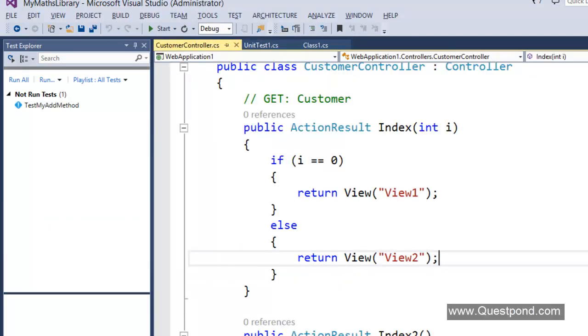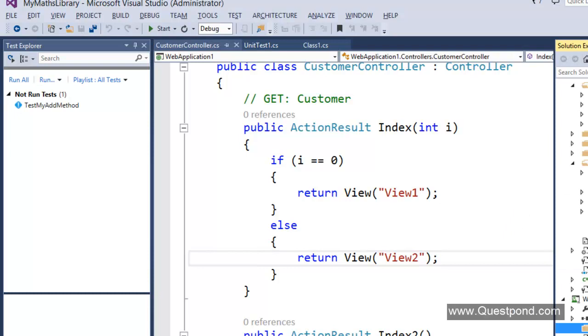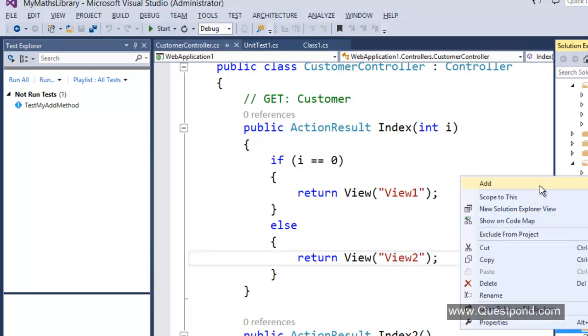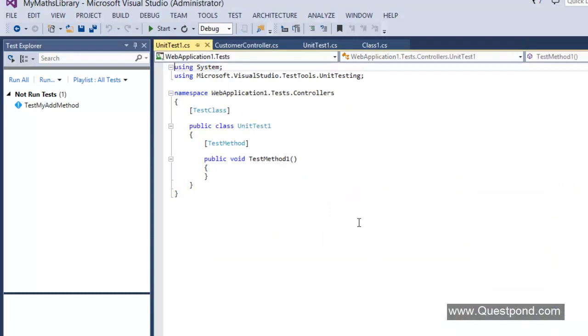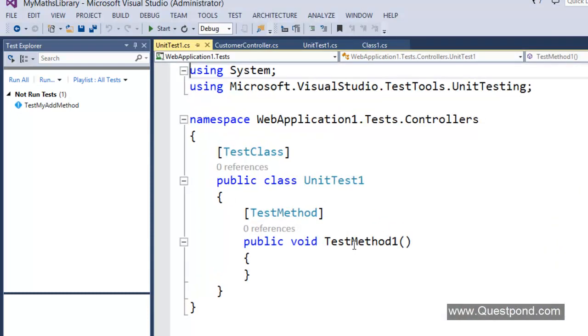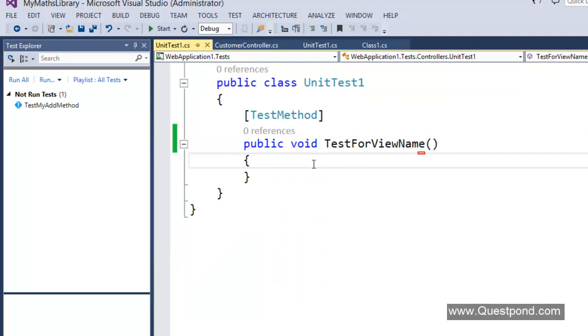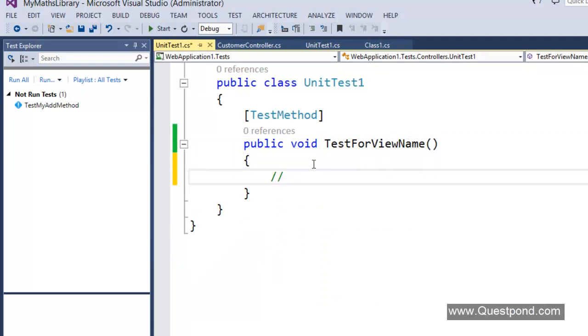For that, we will simply add one unit test class inside our web application 1.test project. Right click, add new unit test, and inside it we will create one method called test for view name, and inside it we'll start with simple arrange statement.